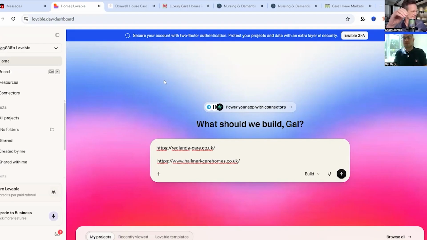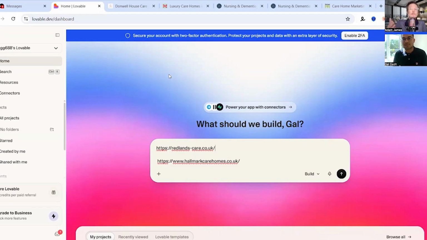A single page website of a care home that is a good inquiry generating website, but also we're going to be using, and I hope Hallmark won't mind, a name that everyone knows as a care home provider. We're going to be using them as a good example of the look and feel of a contemporary website to start to generate